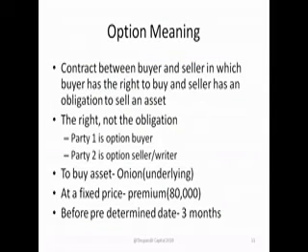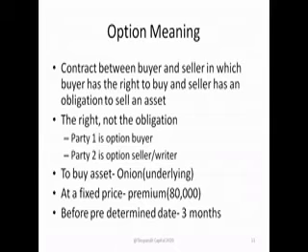This is the crux of options. There is a contract between a buyer and a seller, in which the buyer has the right to buy. See, in the first case only, the buyer exercised his buying. In the other two scenarios, he didn't exercise it. So he has the right to buy, but he is not obliged. And the seller has an obligation to sell the asset. That's the reason we said never become a seller, because the buyer can oblige you to give at that price.